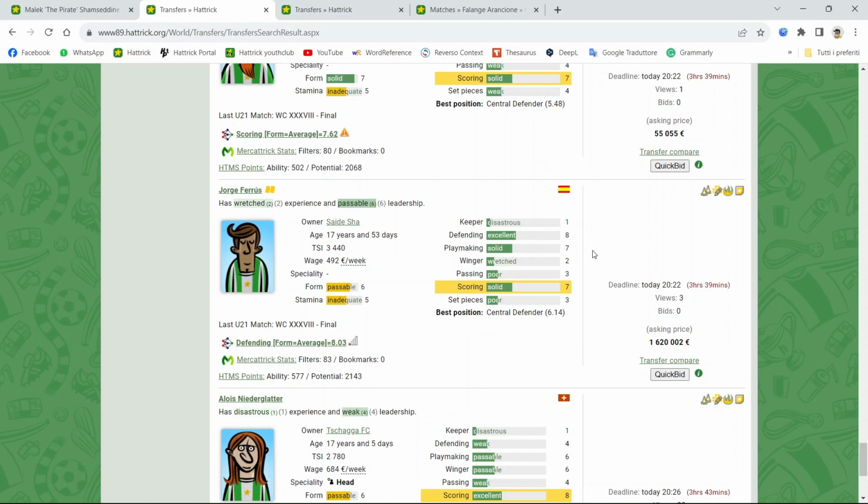Therefore here, this guy is in reality an inner midfielder or maybe a defender for a long shot team. Or if you want to make this guy a defender, you can do it, because at the end defending at 8 and playmaking at 7 is really an interesting level of skill, but you cannot leverage on scoring, and